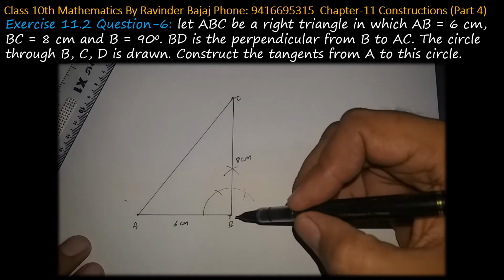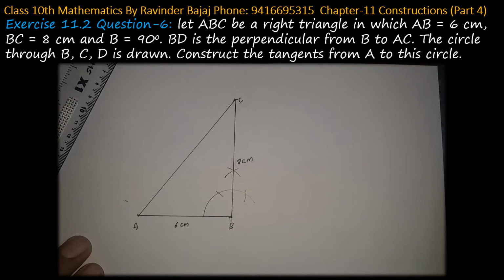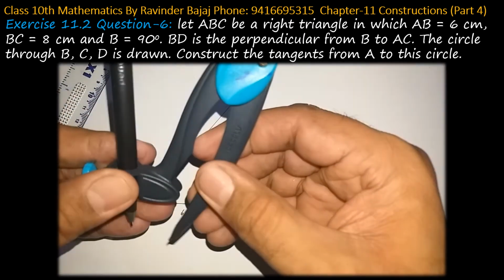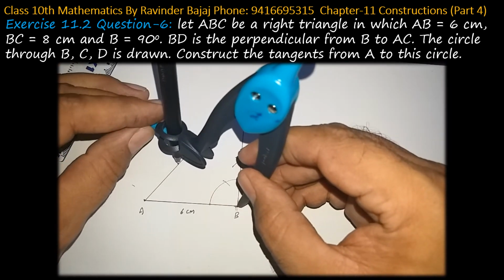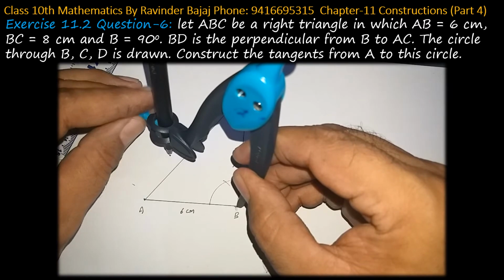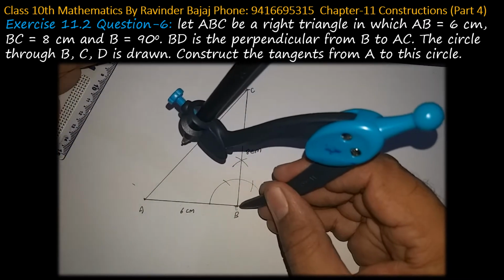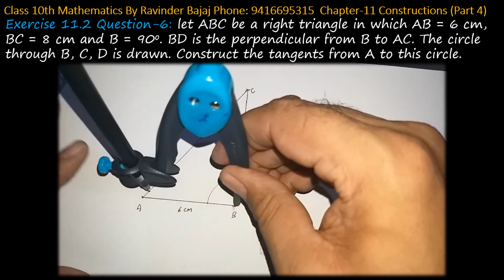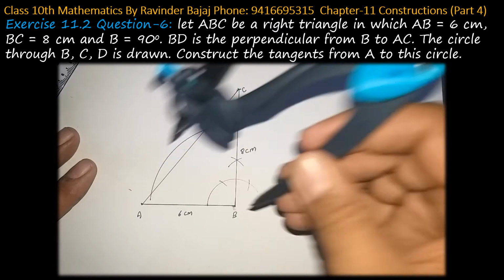Now after this, a perpendicular is drawn from B on the line AC. So how to draw the perpendicular? You need to understand very carefully. Keep your compass at B and open more than the shortest distance of this, a little more than that, so that it can touch the line AC at 2 points. We are drawing an arc which is touching the line AC at 2 points. So these 2 points will help us.